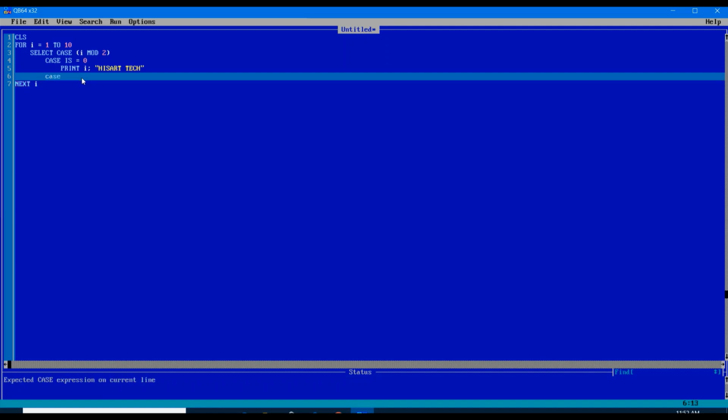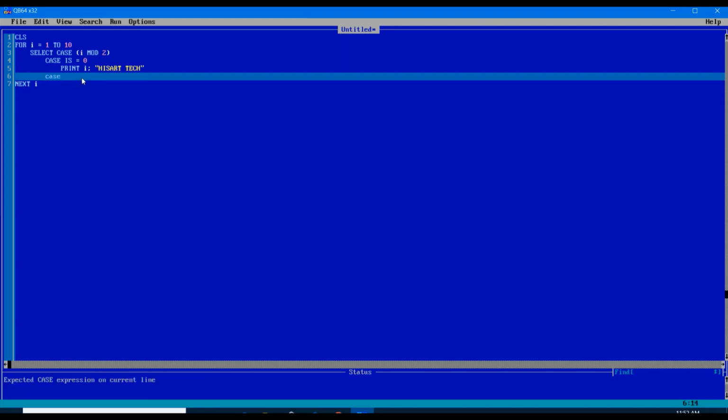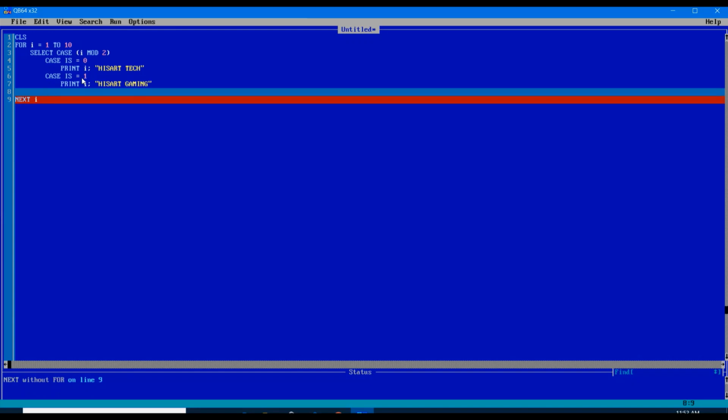And if the case is equal to 1, then print I, next is gaming. Now we have to end this one, so end